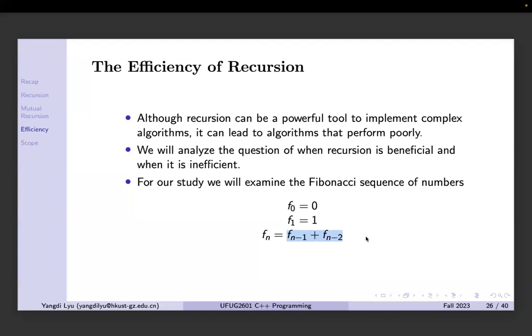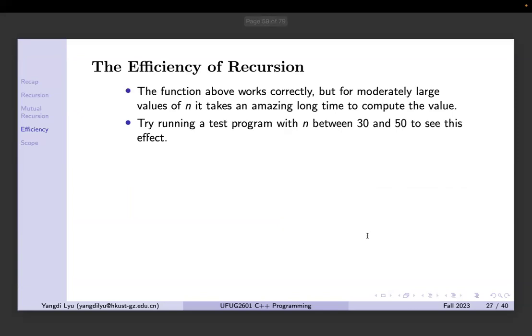When I test it on my machine, if I give a large number, for example 100, my machine will just keep running. It will never stop. So that is something you should notice, because recursion is sometimes quite slow, especially for this kind of problem. For a function call, you convert it into 2 function calls, right? So if you look at the whole process,